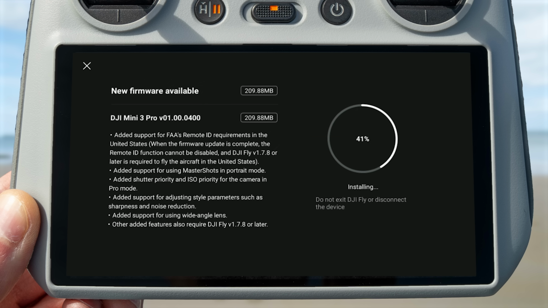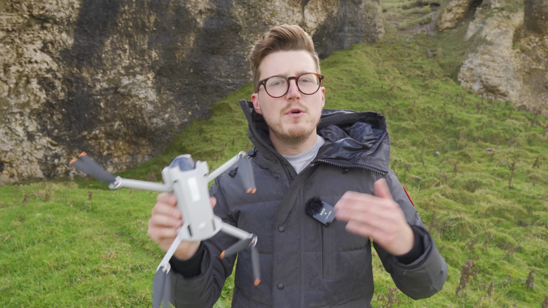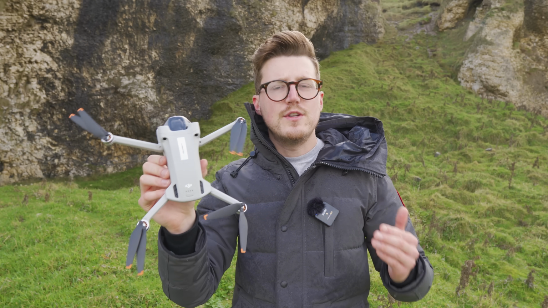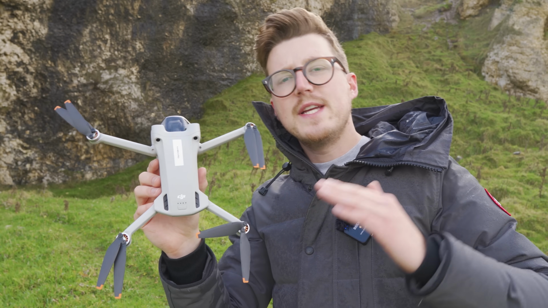Now, the first thing on the list of updates for this drone is the FAA's remote ID requirements in the United States. Now, I wanted to focus more on the camera updates that have come with this new firmware, but I wanted to quickly mention it because it is included with this update. Now, with that out of the way, let's move on to the first big update we get for the drone's